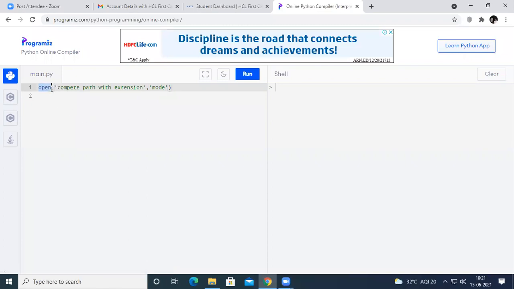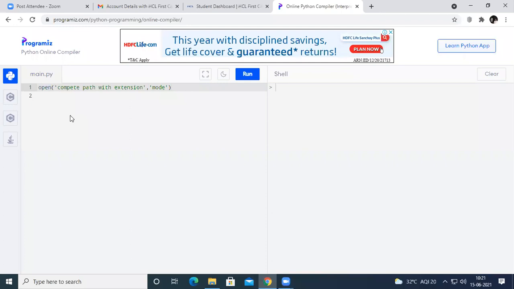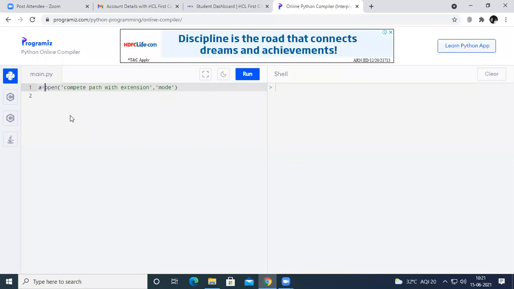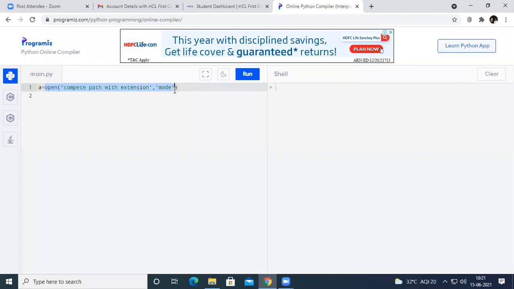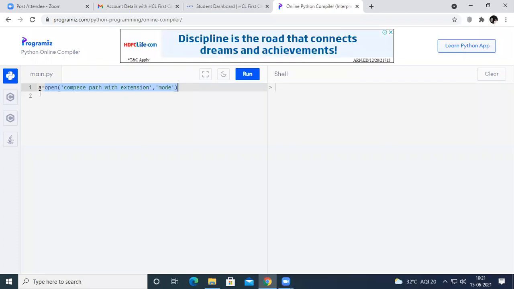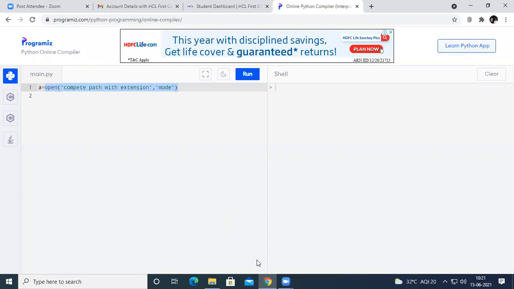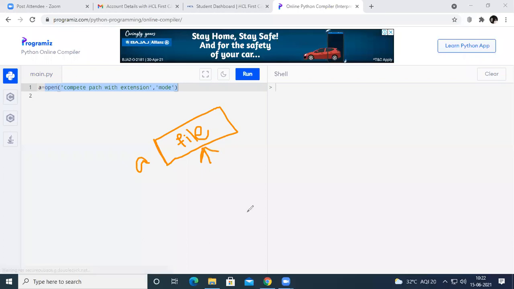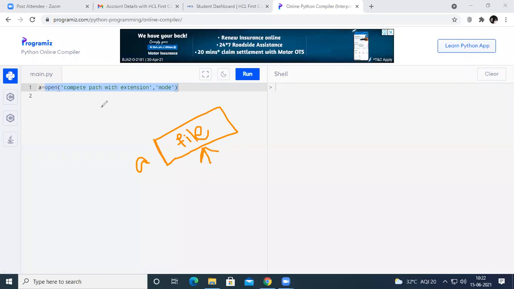So the open function is used to open the file. Before that, we give a name of a variable where all the data of this file will be saved. Whenever we say a equal to open of something, some amount of memory is reserved under the name of a. The complete data of the file will be stored here. If we perform any updates to this data, this variable will be updated, and when we close the file, these updates will be carried to the file located in our computer system.